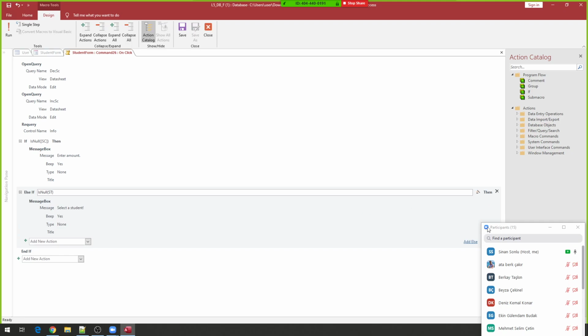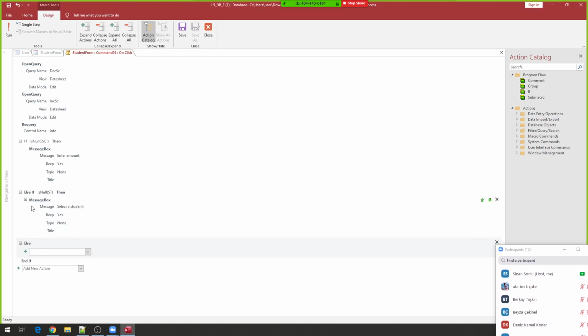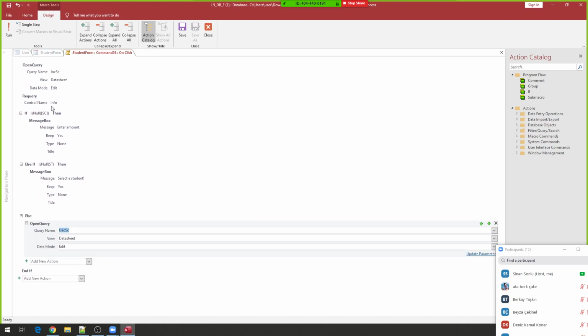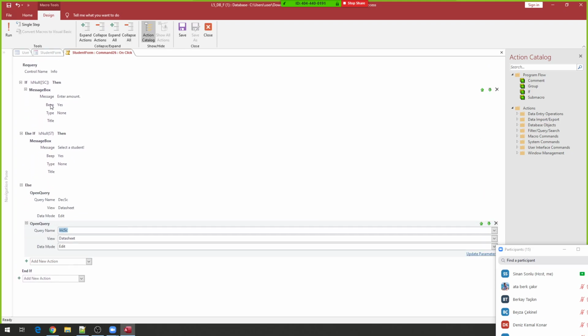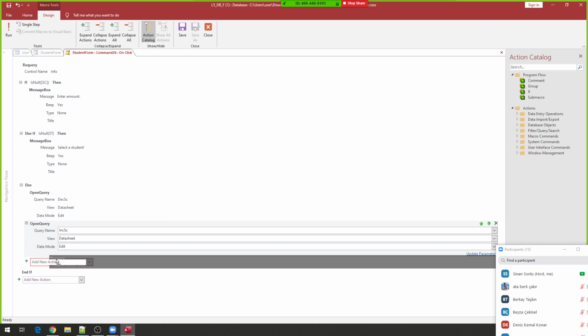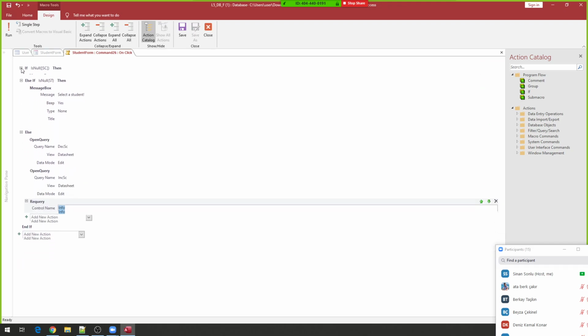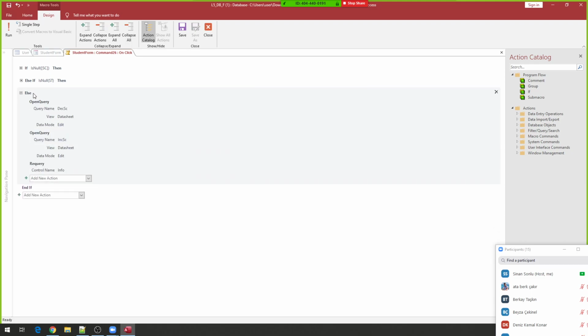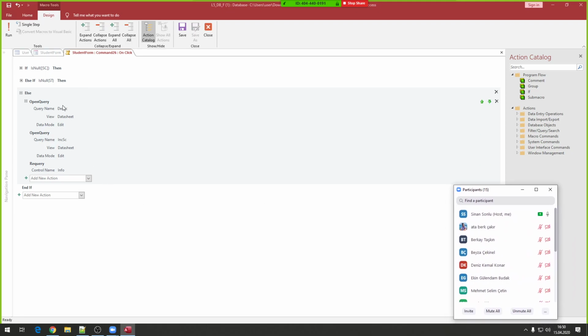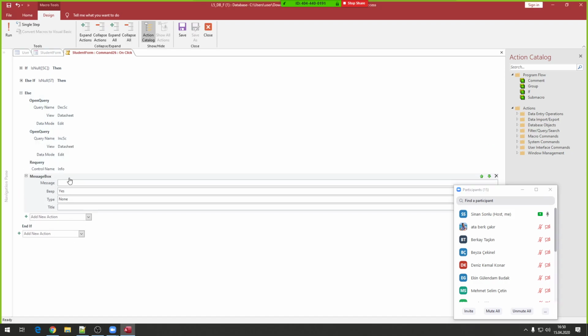Continuing from this else if, I add another else part, then I can successfully do the job. I can first decrease and then increase and then requery. So these are my checks at first with the corresponding messages, and if both of them are not null, then I can continue running these functions, updating my query. I can also display some other message box saying that, okay, this is going to be an expression, starting with the equal sign,